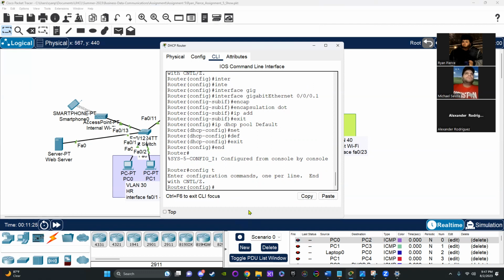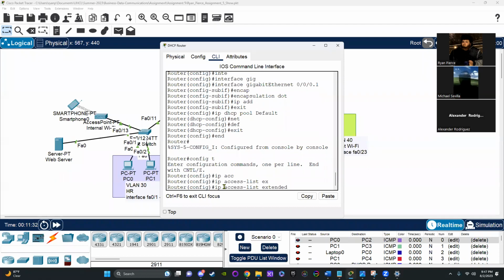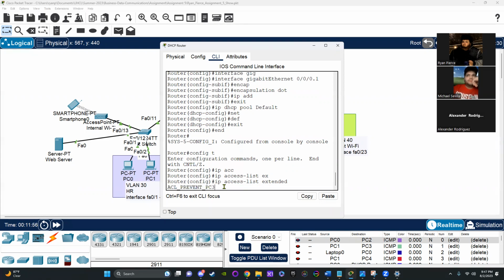And you're going to do a command called IP access list extended, and then you're going to give it a name. And whatever name you give it is just the name of the access list. It is good practice to write it out to be something that's really easily seeable when you're working with the network. So what I do is I'll type in like ACL_prevent_PC3, which is the PC name and my network,